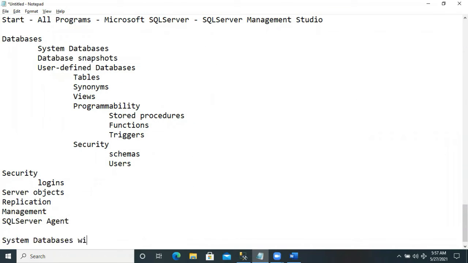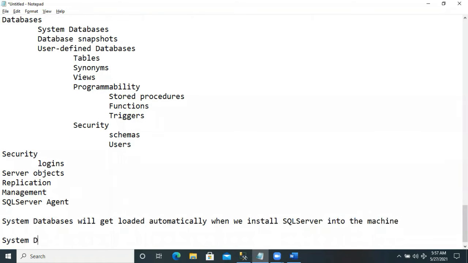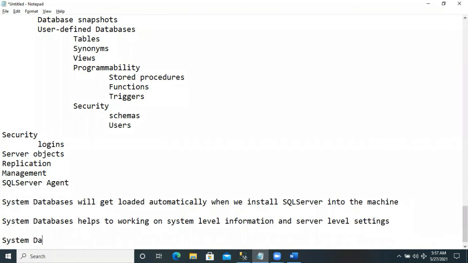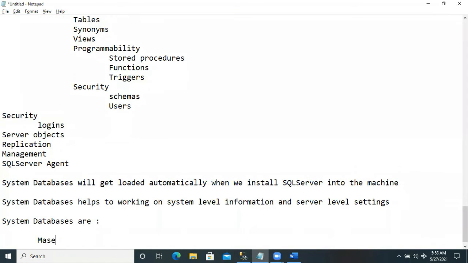System databases get loaded automatically when we install the SQL Server into the machine. The system databases help in working on system level information and server level settings. The master database helps in creating the logins and working with all the server level settings.